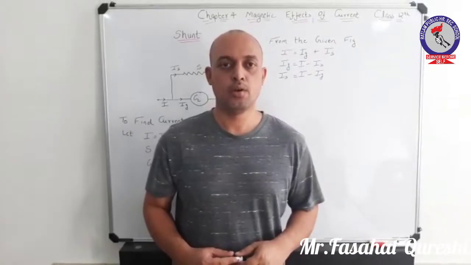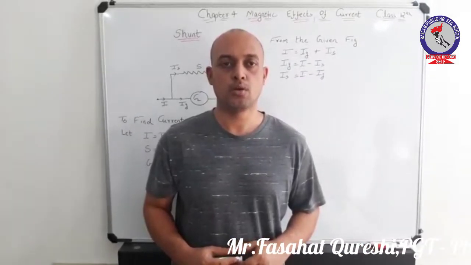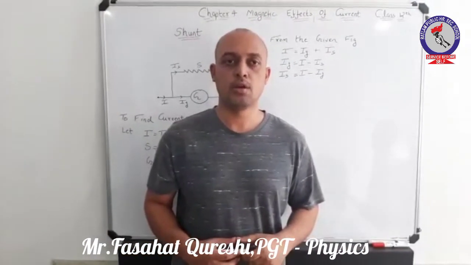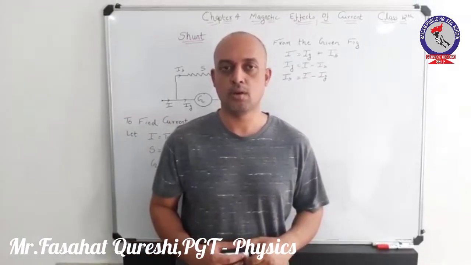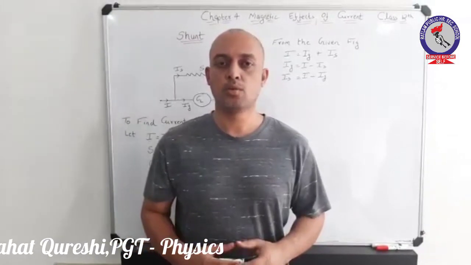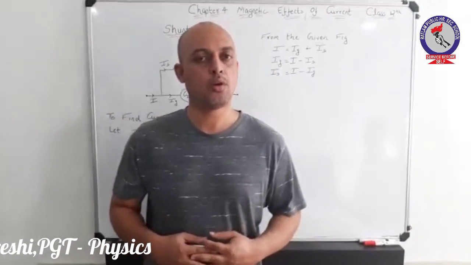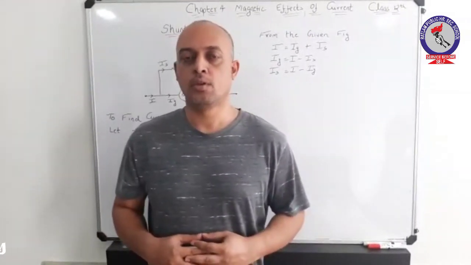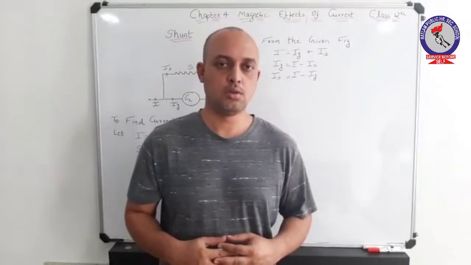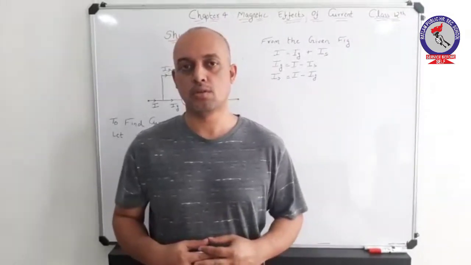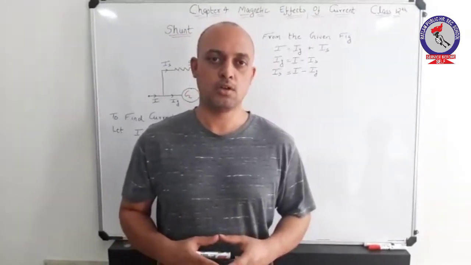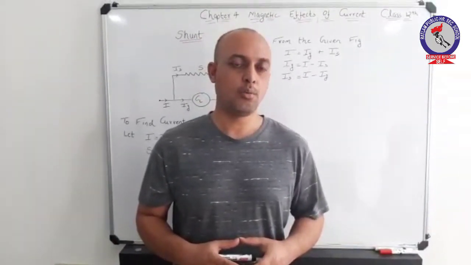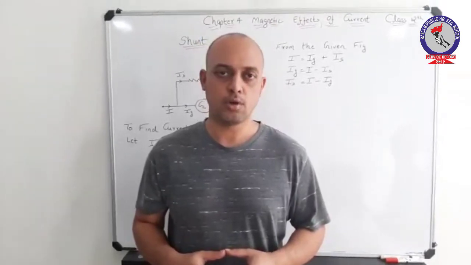In this section of my video, we will be going through the concept of shunt, which is the topic of chapter number 4 NCERT class 12 magnetic effects of current. Now, before going through the topic, let us go through what a shunt is. Talking about the basic concept of shunt, it is simply a low resistance. What is the use of this low resistance? This low resistance shunt is basically used to protect instruments like galvanometer and ammeter from strong currents.